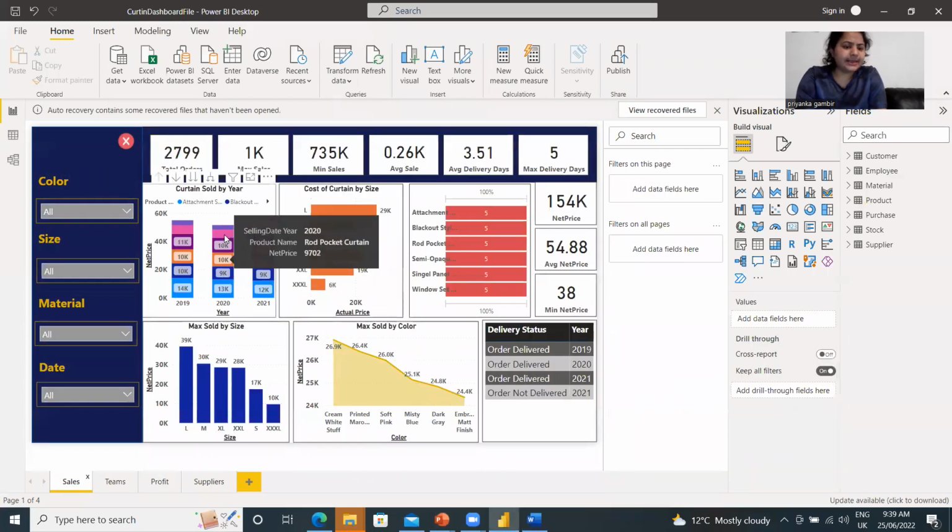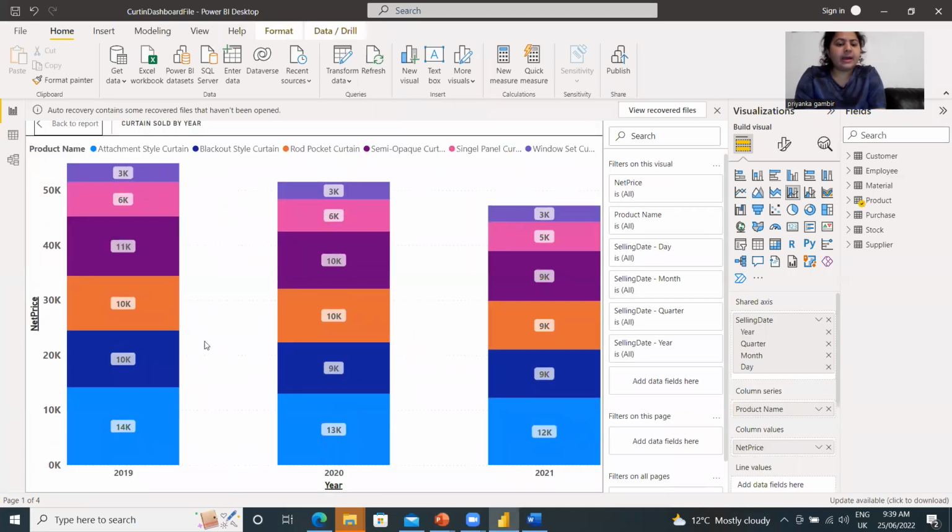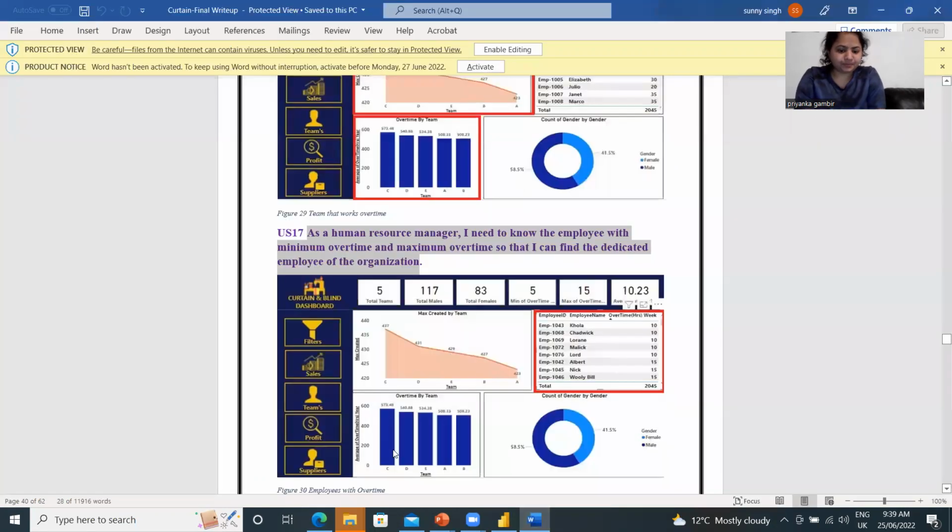So here is the sales dashboard, and we can see average sales for 2019, 20, and 21. We can clearly see that in year 2019, the sales was maximum, and in year 2021, the sales is minimum. And the trend we can see is a decreasing trend. The sales keep on decreasing from 2019 to 2021. And then